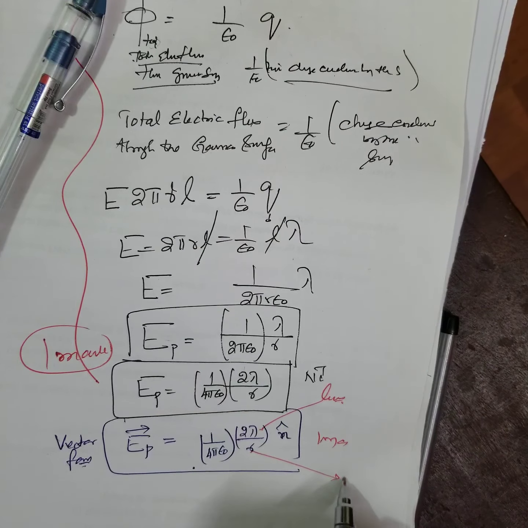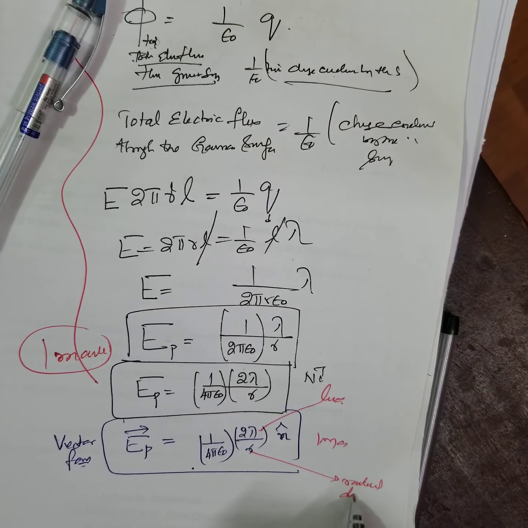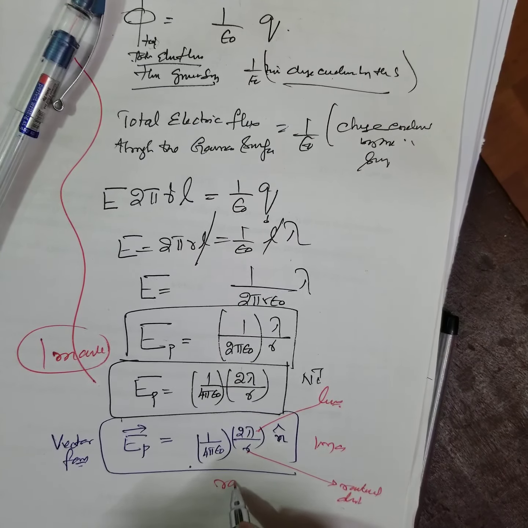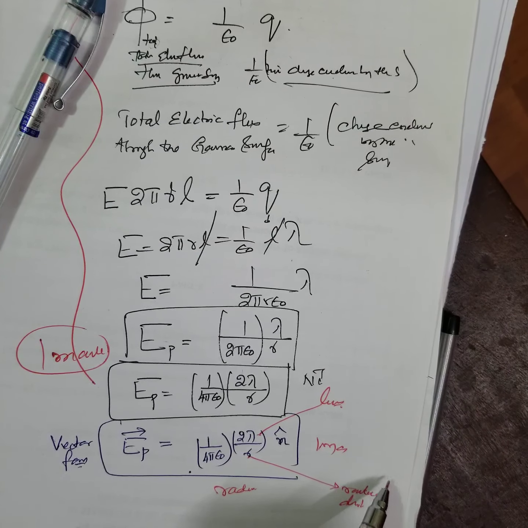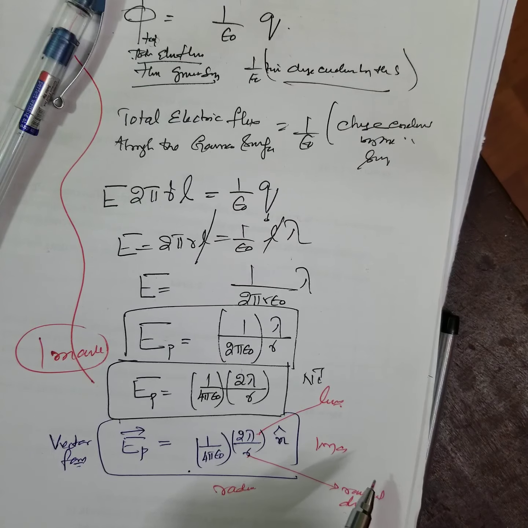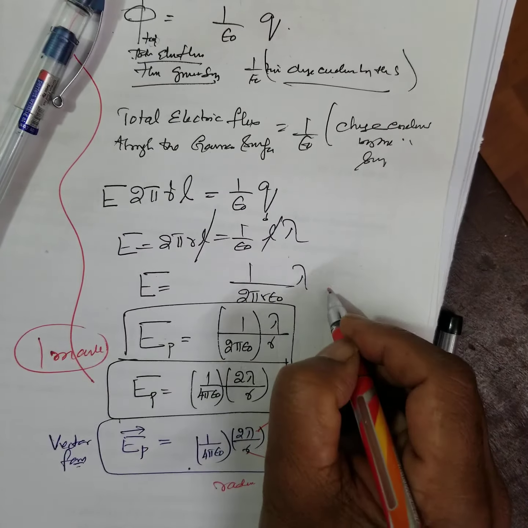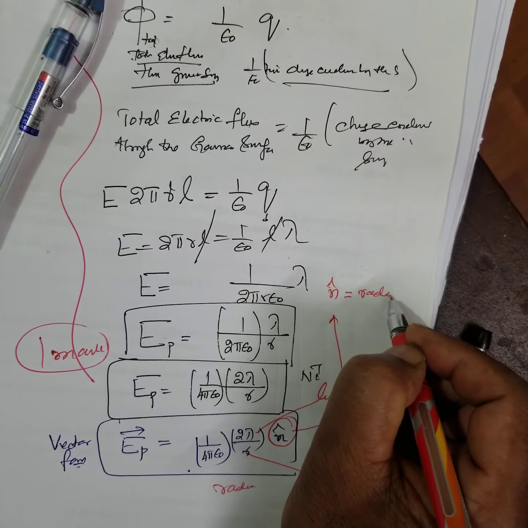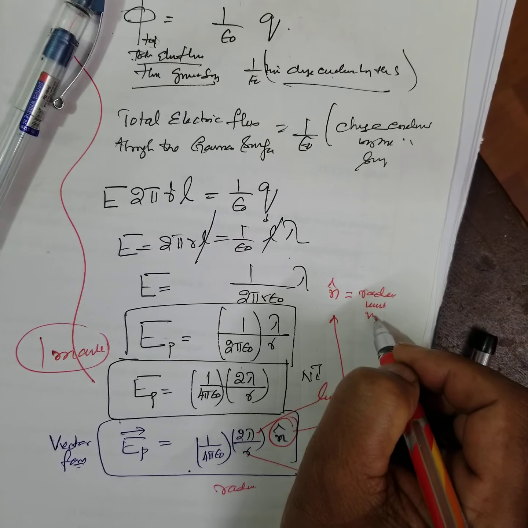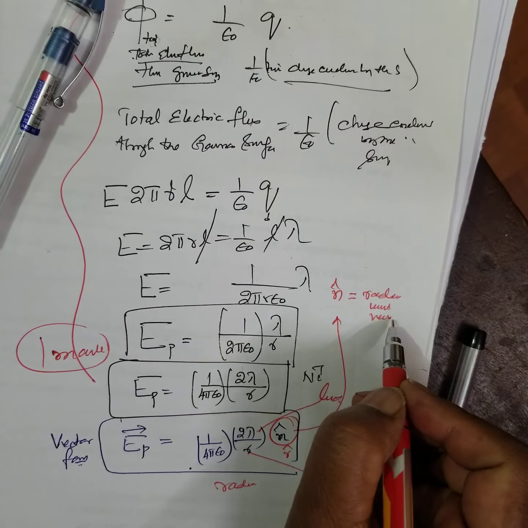R is the radial distance. This is called what? Radial distance. See, radial distance, remember. Radial distance from the point, from the wire to the point. What is n cap? This is important. N cap is equal to radial unit vector. Instead of n cap, you can write r cap also, radial unit vector